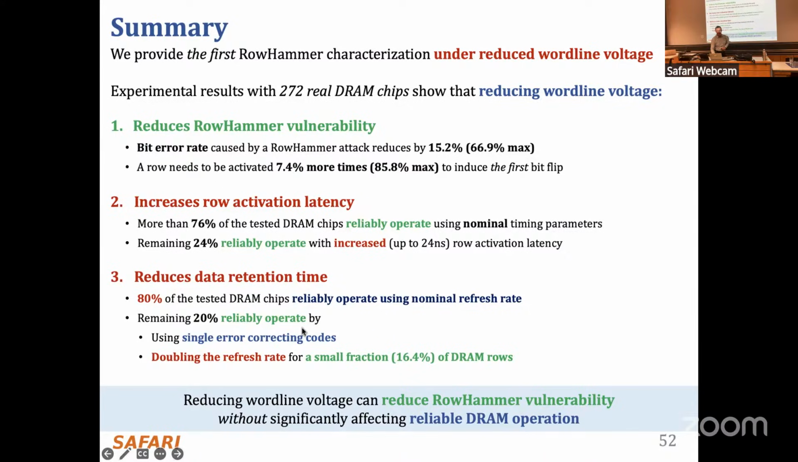So you can fix these problems. You can also fix the activation latency issue. You can actually increase the row activation latency for those parts of a chip that cannot work reliably with the reduced voltage. So you can fix those problems. If you fix those problems, you reduce the RowHammer vulnerability without significantly affecting reliable DRAM operation, but this comes at a cost. Meaning you need to actually increase latency and increase refresh for a small fraction of parts of a